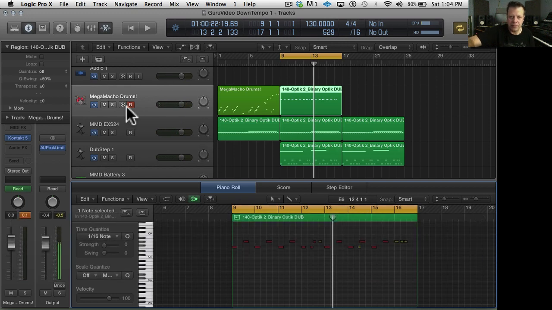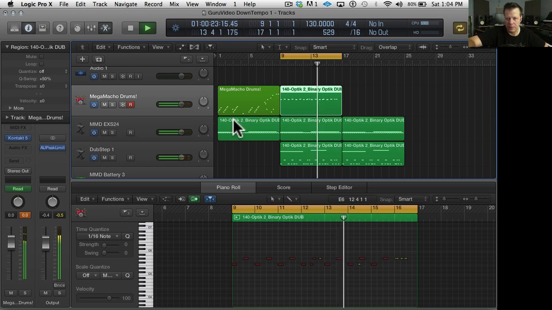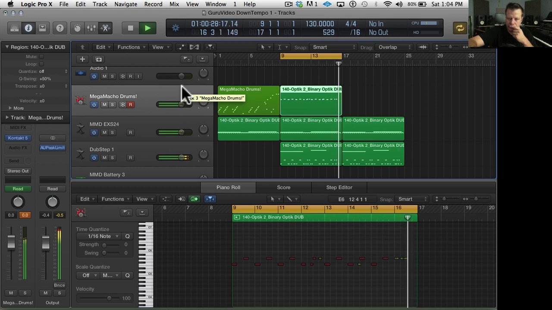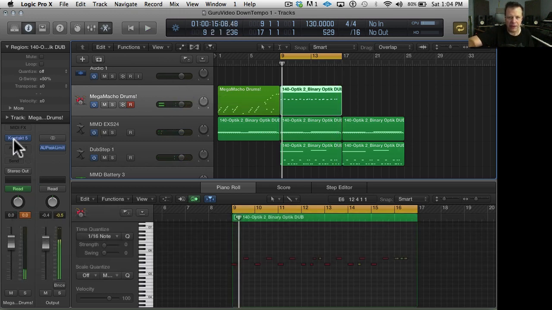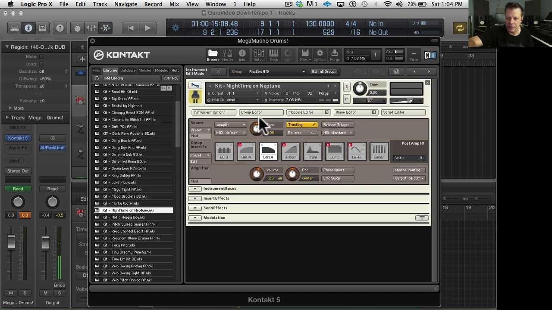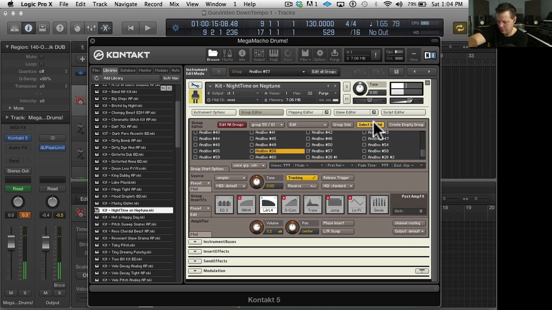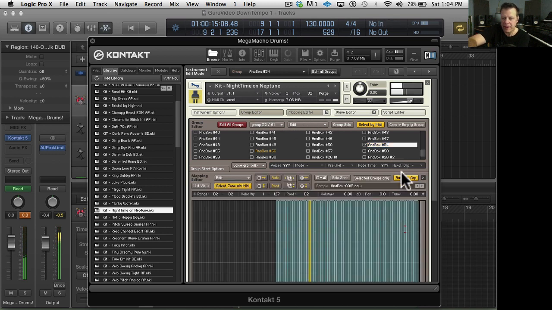Okay, I don't want any right there. Sometimes the mic will work and sometimes it won't. Go figure. All right, that's not the right sound. So check this out. We're going to go to the maps and go deep into editing. Group editor, select by MIDI. And then go to the mapping editor. And now I can change through all the other samples in the kit.